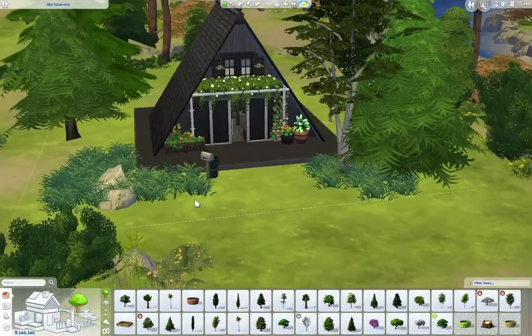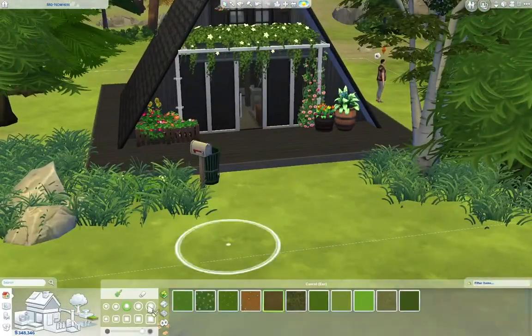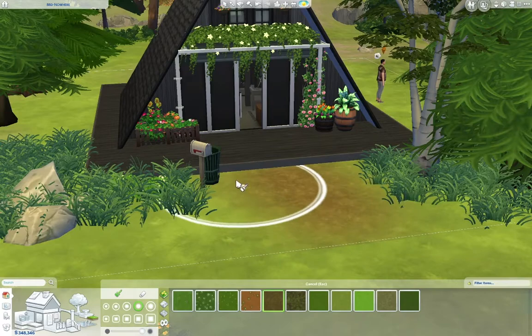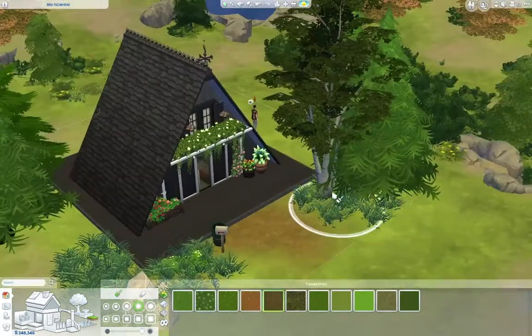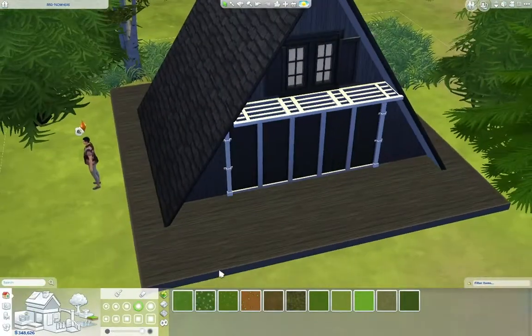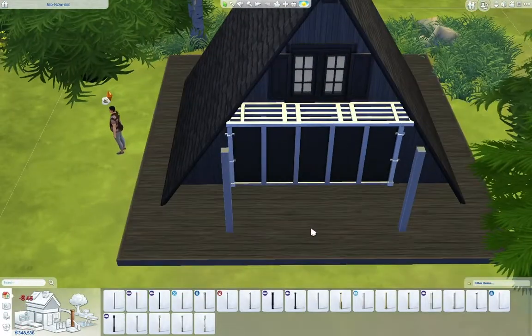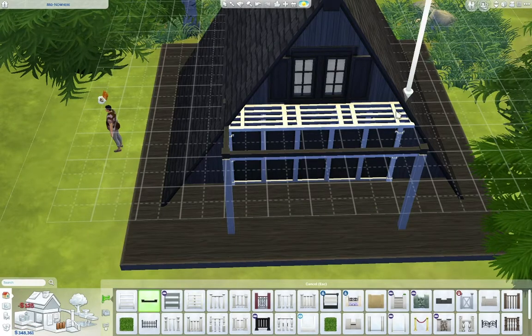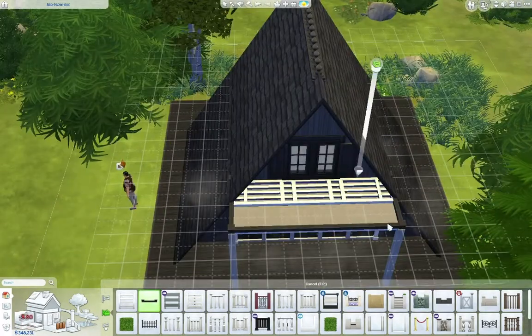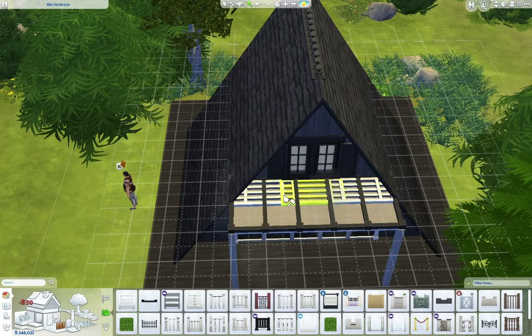And then this is the landscaping. So again, I love how there's no road access, and it's in a very sort of naturey kind of feel. So I put a lot of just plants around. And then this is the back section. So there's kind of like a little tiny back porch. I put plants on top of